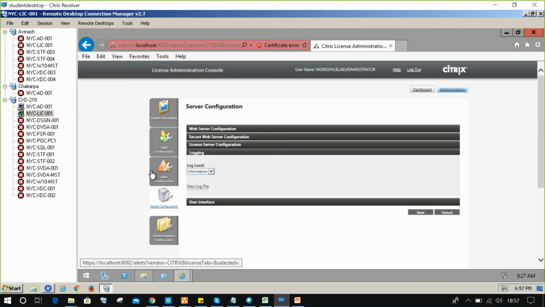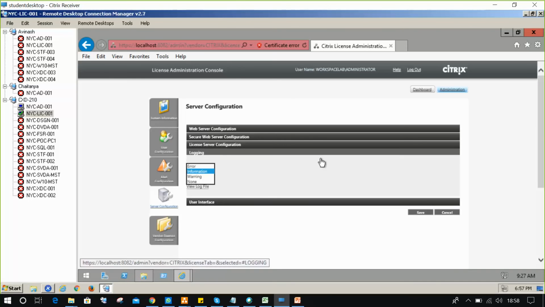The log levels are information, warning, none, error. Information is enough, because every administrator has rights to log into the license server. You should not make it error or warning. If you select none, the logs will not be generated. So please select information. Once you log into the license server, the logs will be generated in the information category.